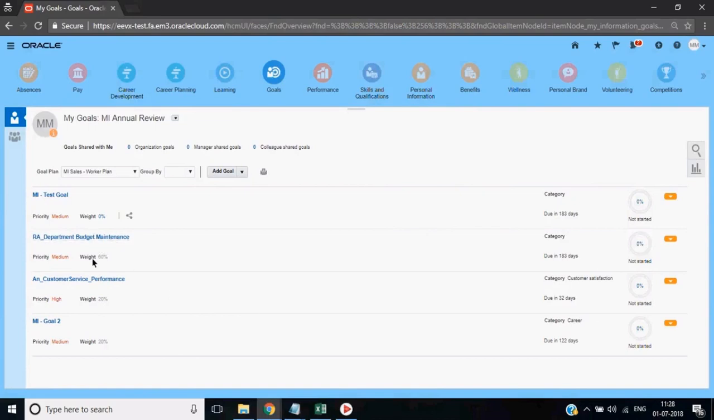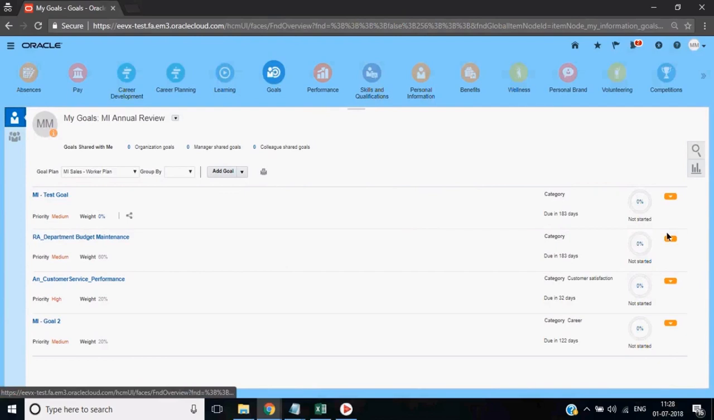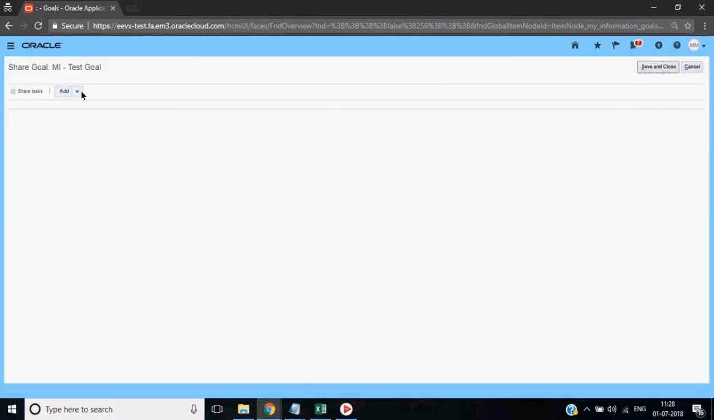Here if you see, I will just complete this and then come back. Assign. So you have direct reports there, in case it is direct reportees. Here the same thing that I did across. So what is the difference between share and assign? Assign, I will be able to do it only to my employees. But when I share,